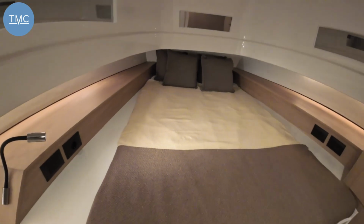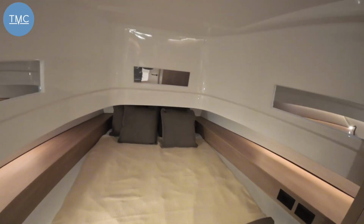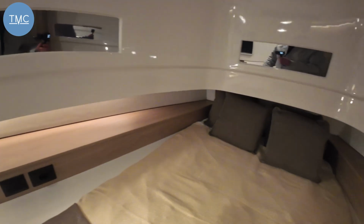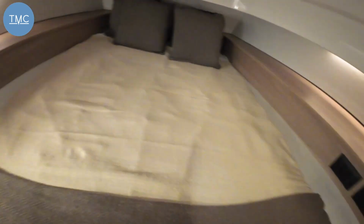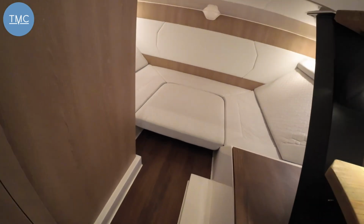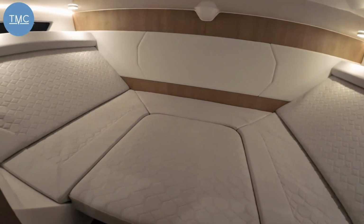So into the cabin, and we've got a very light, bright cabin. And what you notice instantly, you go on some of these styles of boats and you don't have the headroom. But if I just flip it round, and I'm 6'2", and there is loads of headroom. So you've got a lovely size berth. You've got those windows that we saw outside there, letting light in. Plenty of shelving. Then down here we've got a sofa, and then extending back under the cockpit we've got a nice sized berth,